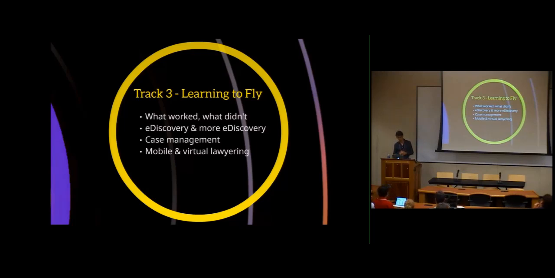And then the mobile lawyering and virtual lawyering, that day people seemed really excited about all these apps because there's more out there than they were aware of. And Tim gave a nice overview of both research mobile apps and then productivity apps. We kind of divided it up in that sense. So here's ways that as a lawyer you could look up a statute very quickly on the fly or do some research on the go. Fastcase is a great example. They're really a great mobile app as far as research goes. And then here are some productivity apps, like back office kind of stuff. Clio's mobile app is awesome. They develop it for both iPhone and Android.